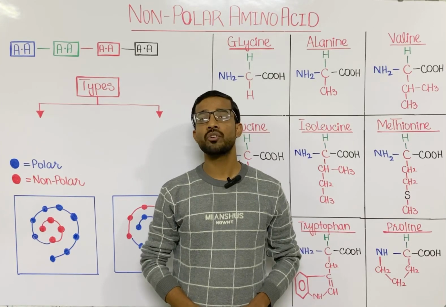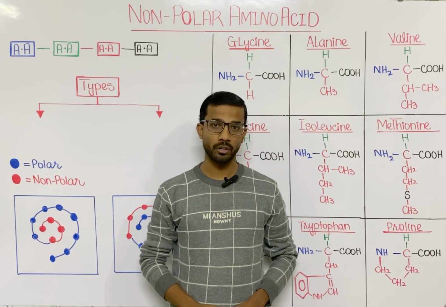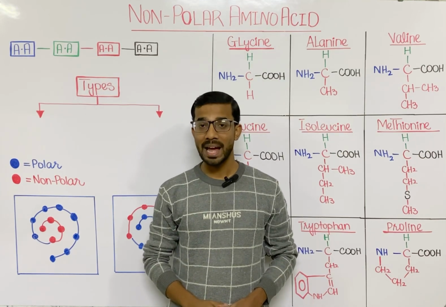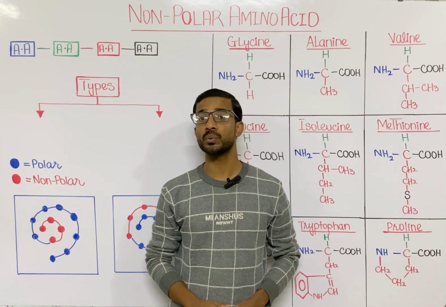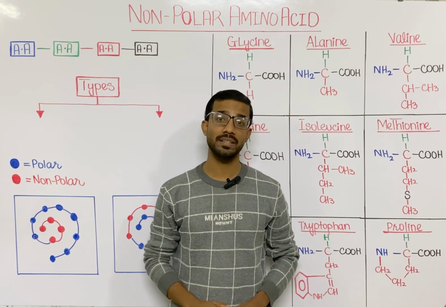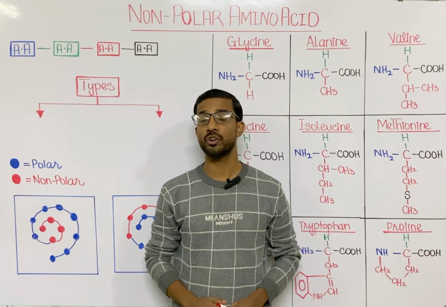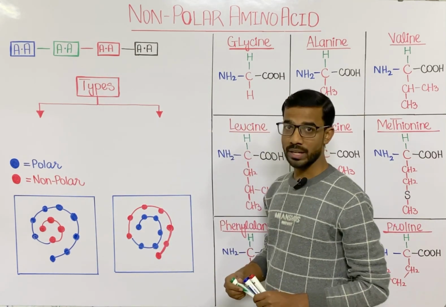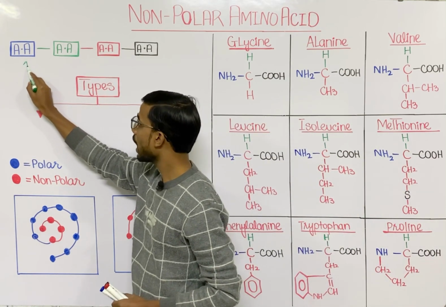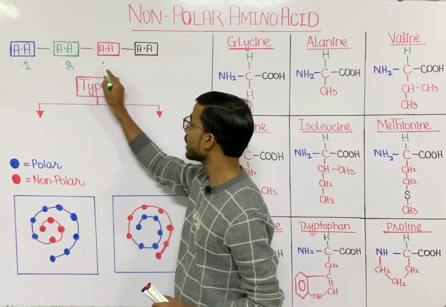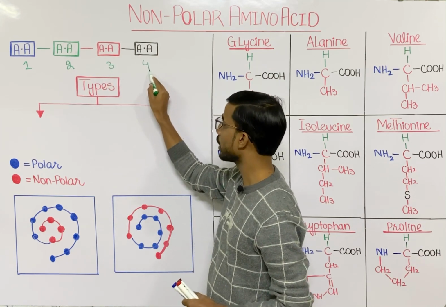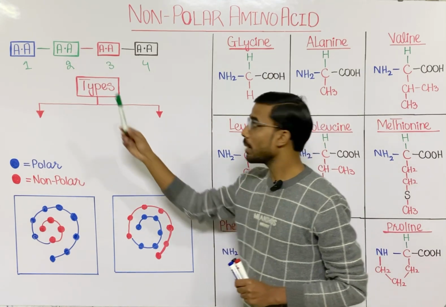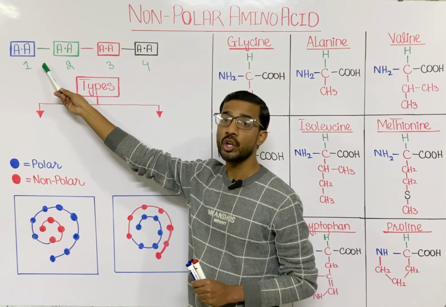In this lecture, we are going to discuss non-polar amino acids. Basically, different proteins are made up of amino acids, and different amino acids combine through a bond or linkage called the peptide linkage, or peptide bond. If you see here, amino acid 1, amino acid 2, amino acid 3, amino acid 4. Here are basically the four amino acids that are combined by the peptide bond, or peptide